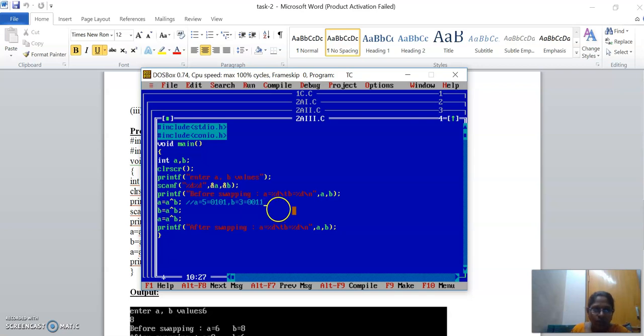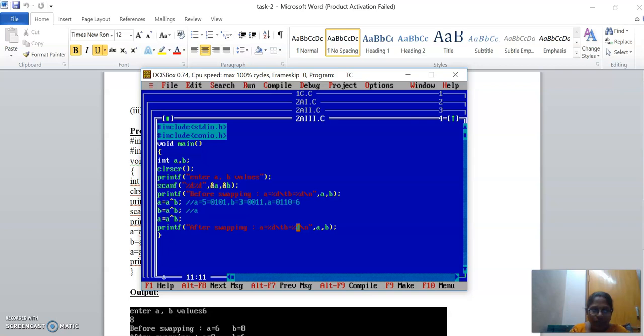Now if I perform the exclusive OR, the resultant A is: 0 and 0 is 0, and exclusive OR of 1 and 0 is 1, 0 and 1 is 1, 1 and 1 is 0. Now what is that value? That is 110, which is 6.